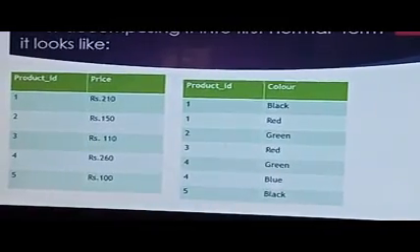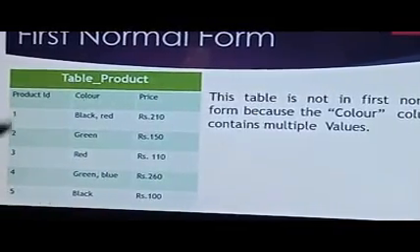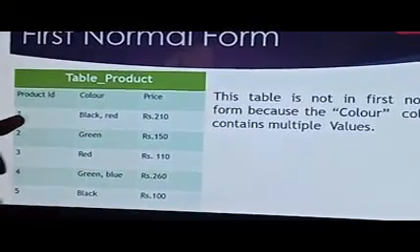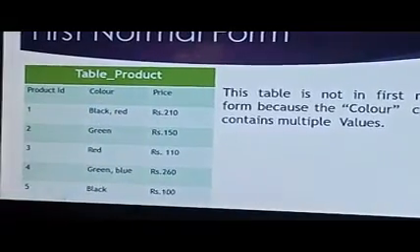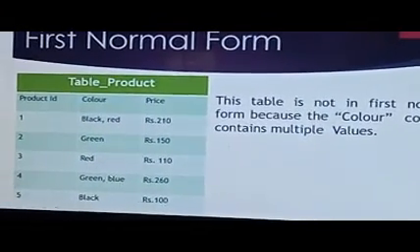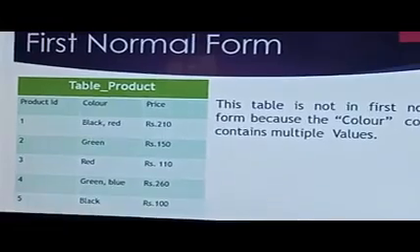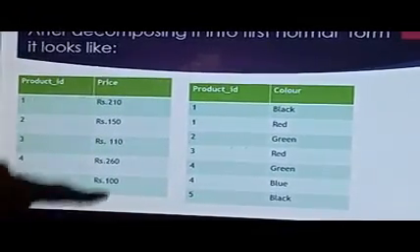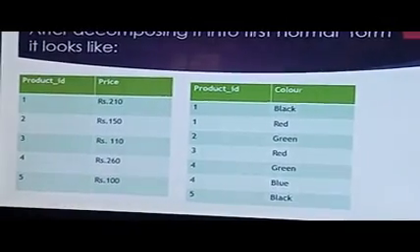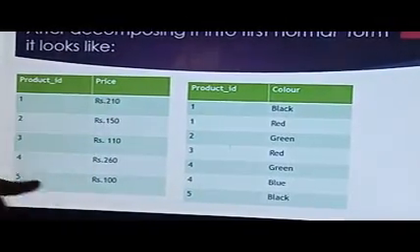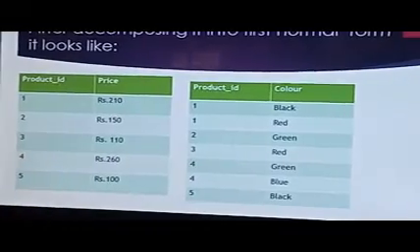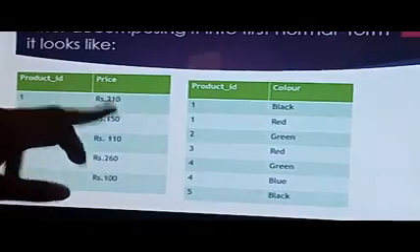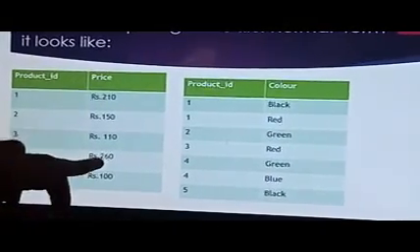You can have the product ID. They are having 5 product IDs and 5 different rates. By using this product ID, you can access the rate or even the color of the particular product. It might be a t-shirt or any cloth. The table is split with product ID and price, which has uniqueness. Product ID 1 has 110, and similarly product ID 4 has 260. Based on this, you can see the availability under 210 or under 150 or even under 260.